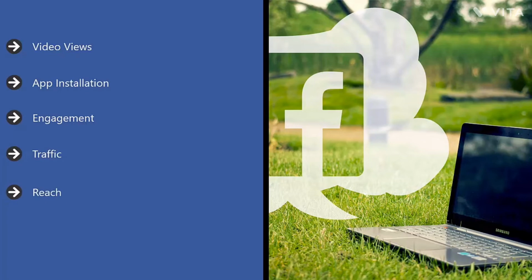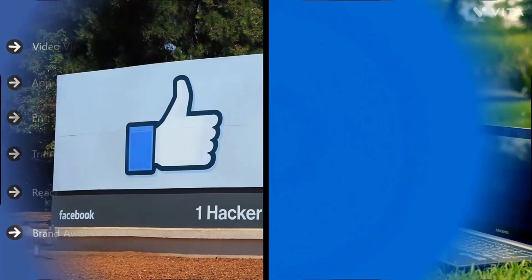Reach. This is purely an ad for exposure. The key is to get as many eyeballs as possible within your target audience. Brand awareness. If you're launching a new brand, this aims to just show your ad to a lot of people who may not be in your existing range of audiences. Or maybe you have an existing audience, but you have a new product or a new brand. Your brand is venturing into the same market as your existing audience. Or it could be the other way around.